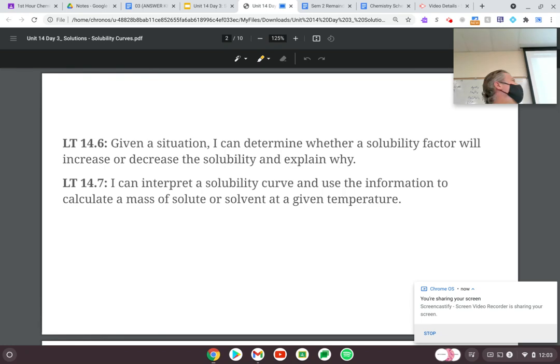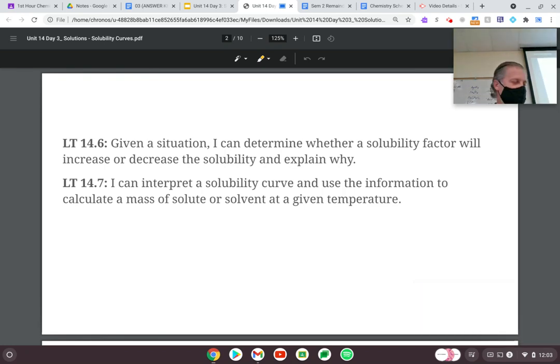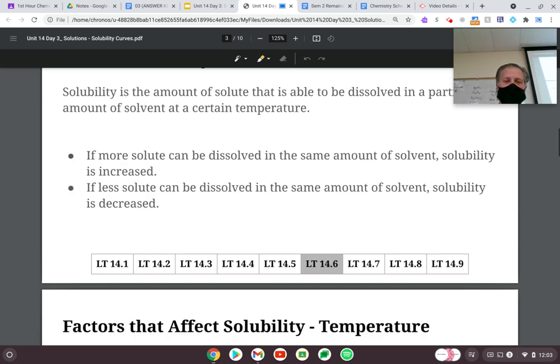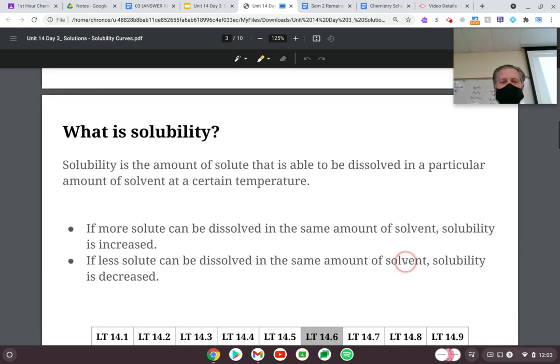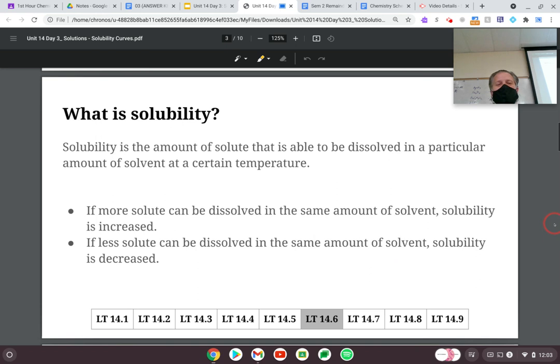Okay, so in today's class, we're going to talk about solubility: what solubility is in terms of concentration, and how to interpret solubility curves or data that's presented to you. The first thing that we're going to talk about is that solubility is really defined as the